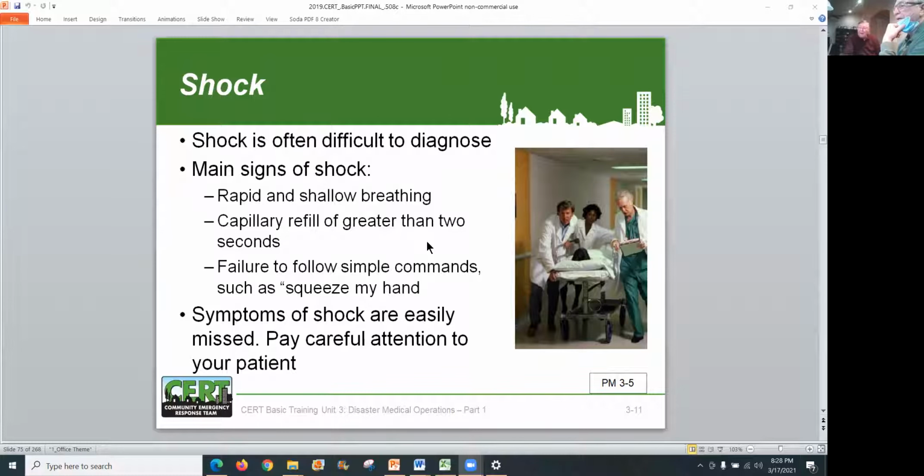Okay. What are some of the other signs? Can we miss any of this? Is it hard for somebody like me versus you? Yes, very easy. It's a sign that can be easily overlooked because somebody in shock, there's a lot of different signs, mental capacity diminishes with shock and they might not be thinking straight. How about giving me a command or squeezing a hand? I've been taught that. Does that work well? Yeah, it works for the mental part of it. Some people you can tell that way.